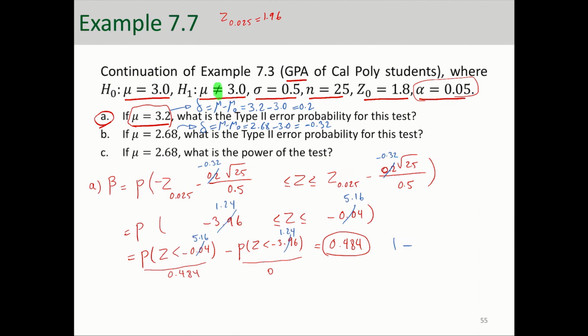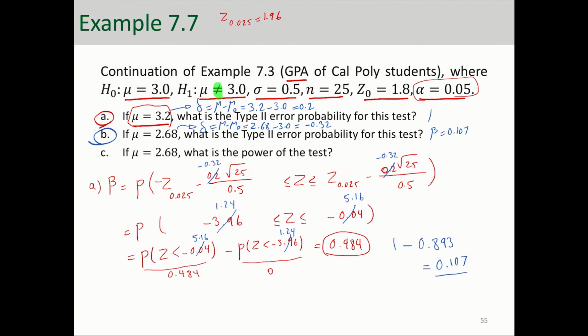You've got to read that from the table. Probability of z less than 1.24, if you read that from the table, is 0.893. So that will give us 0.107, so about 10%. So for part B, beta is